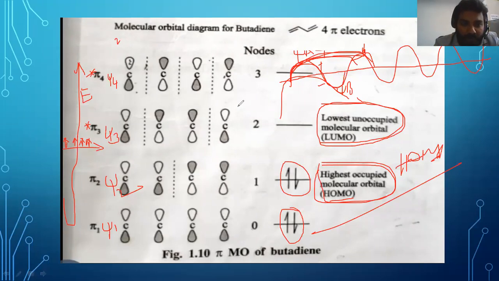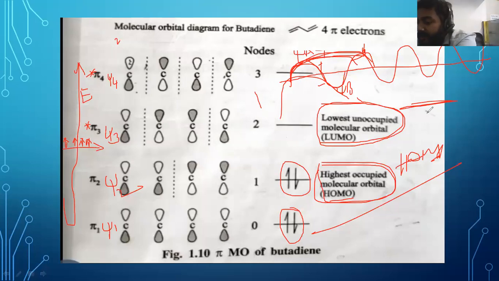Where the possibility is 0, draw the one line between the orbitals. That is called a node. This line is called a node. Why? Because we draw the line between the orbitals where there is only 0 concentration of electron. You draw the line like this. This line is known as node.